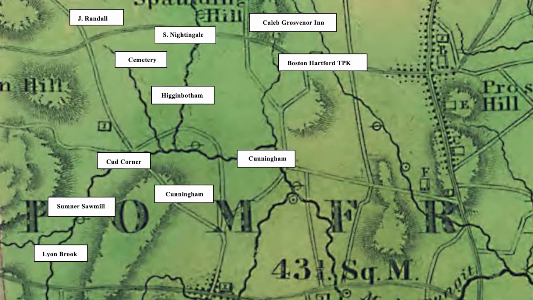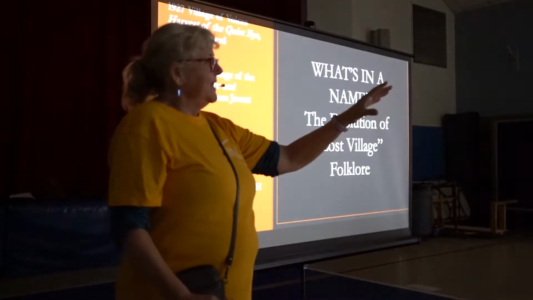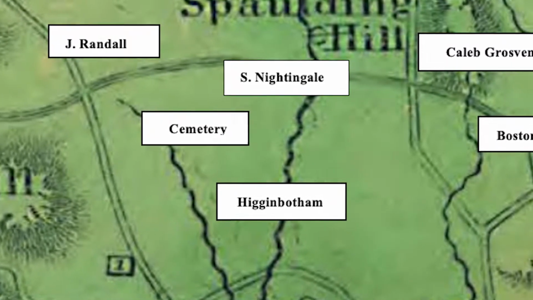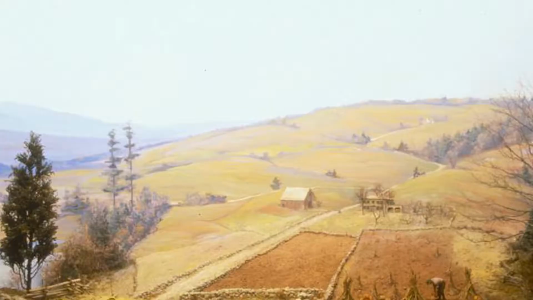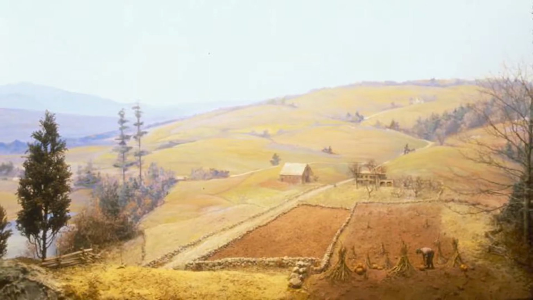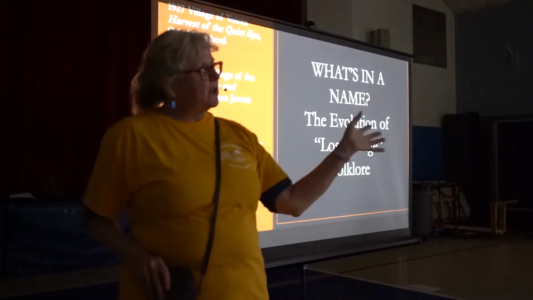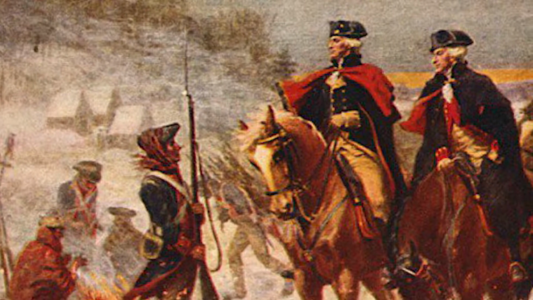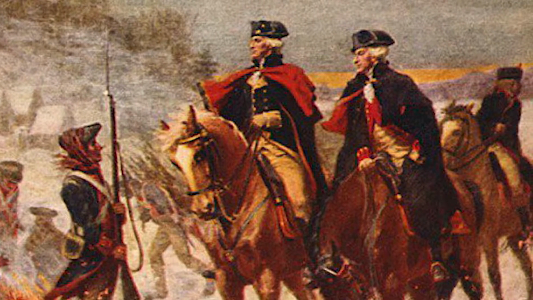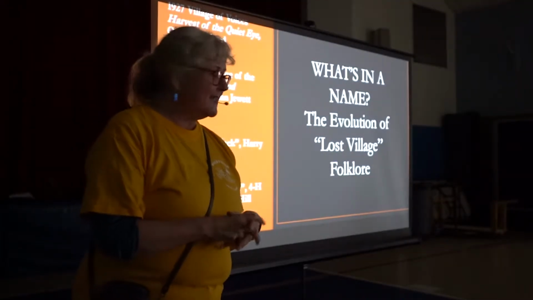The Randalls have their farm up on top of Ragged Hill, and Obadiah Higginbotham had bought his 10 acres across on the east side of the brook. They could see each other's houses because there were no trees. It is open. And there's the old King's Highway. People are traveling through there to get up to the post road, the Boston Turnpike. So there's a lot of traffic coming and going. George Washington, as we know, and Lafayette camped out between the Randalls' property and the Grosvenor's property. So there's lots of stuff going on here, not isolated.